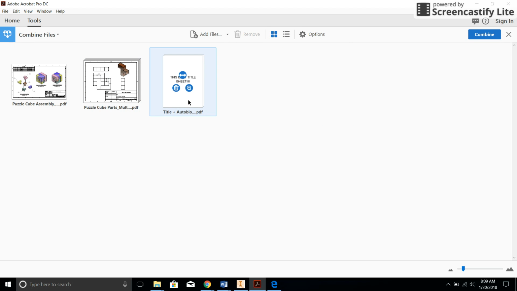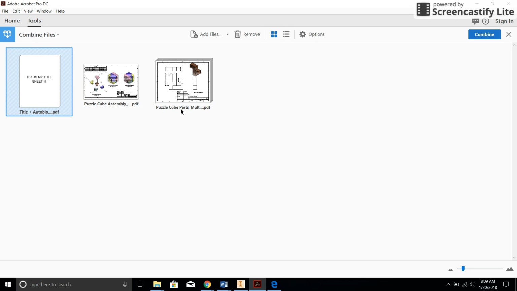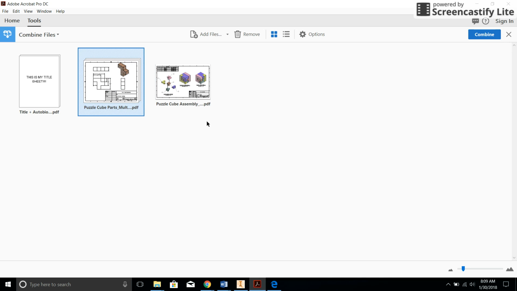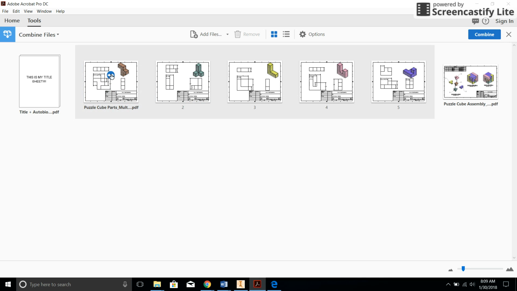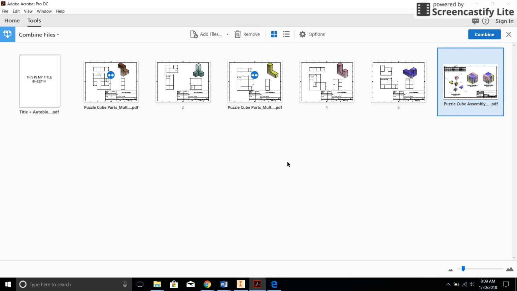Now I want to pick the order it's going in. So these blocks, I could just grab them and drag this to the front. That's going to be the first thing in line. This is going to be second. This is going to be last. If I want to go ahead and spread those out, I can pick the order that these even go in. If I want, I can move this in the center if for some reason I wanted to. Whatever it is, you can move the order of your drawings. Now that it looks good, you say